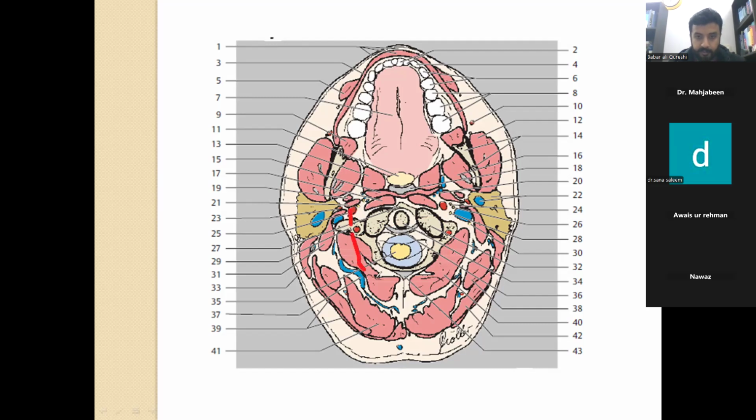Okay, so usually we get these kinds of cuts in the axial view, in which we can appreciate